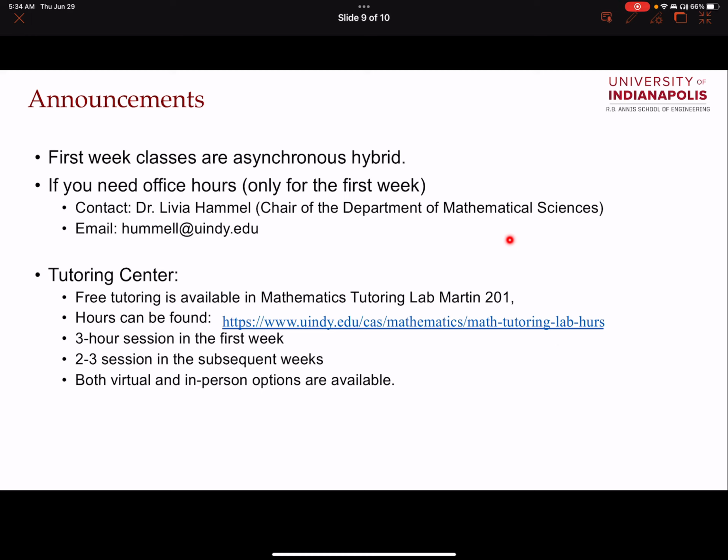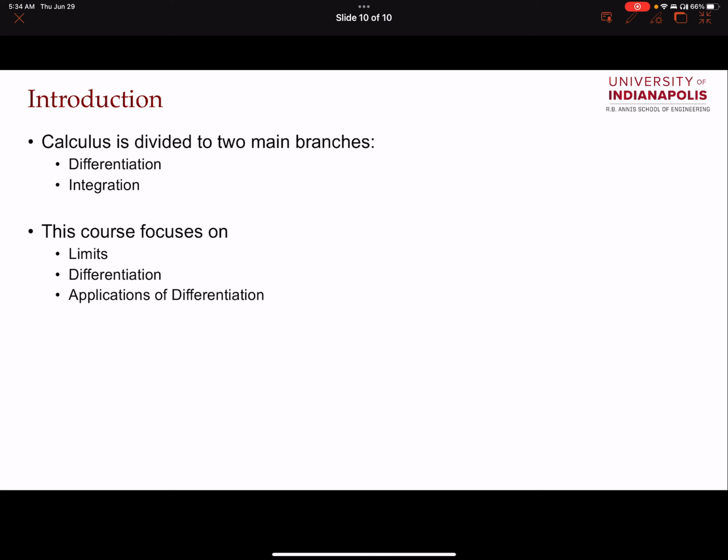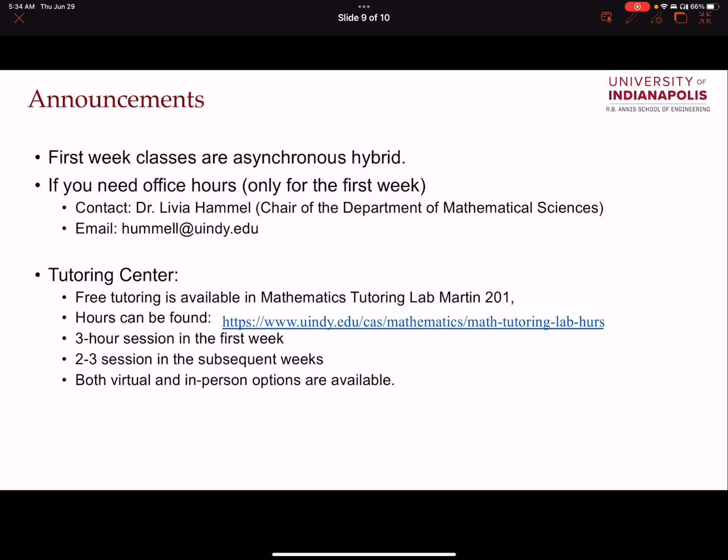Again, from the second week onwards, I'm going to be on campus most of the time, so you'll see me, and you can ask me a lot of questions. Okay. All right, so that's about the syllabus. If you have any questions, please post them to chat. Or if you have any suggestions or anything, let me know, and we might be able to make some changes.